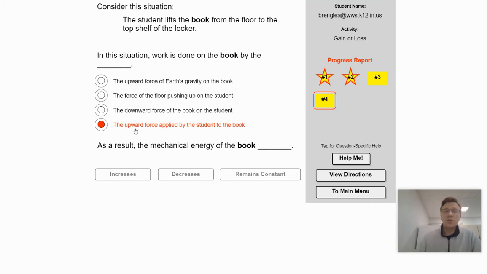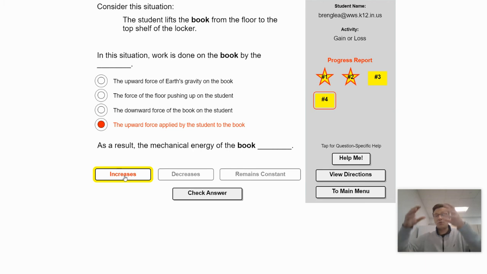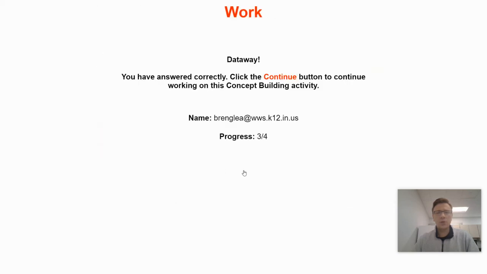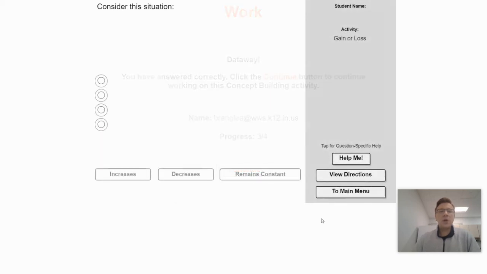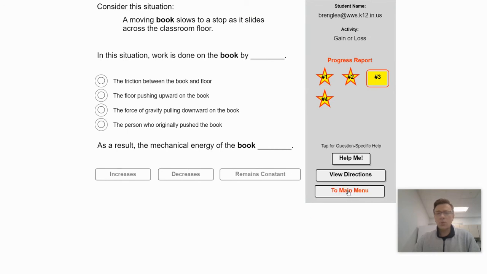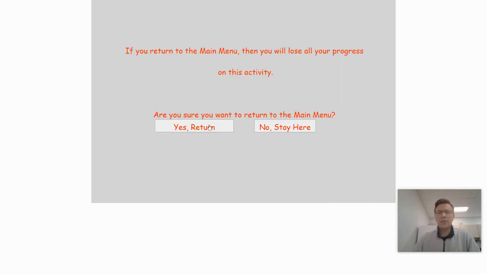There you go. As a result, the mechanical energy of the book increases because it increases its gravitational potential energy as it's raised up to the top. So therefore, it will be positive work done and total mechanical energy will increase. So I think you guys get the gist there. And we will go ahead and head back to the main menu